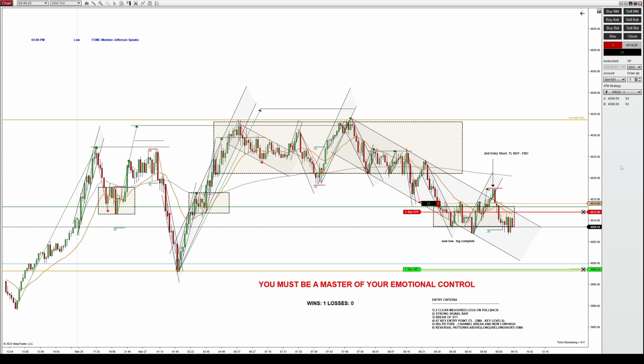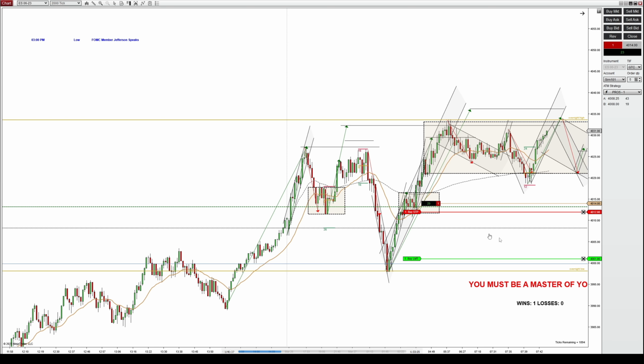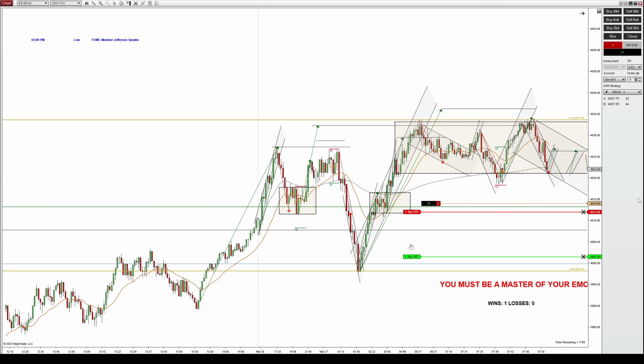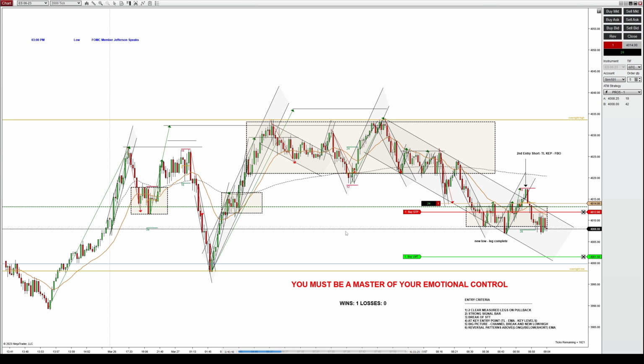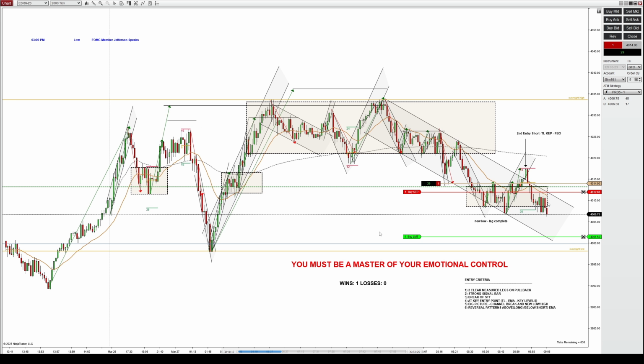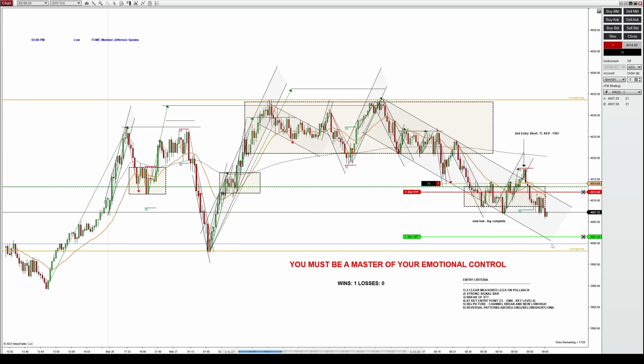Usually when I manage runners, a really good way of doing it is waiting for a small two-legged pullback swing, and then moving your stop 1 tick above that highest pivot point. Like here it's kind of hard to see, but you can see there's the first pullback. If we go here, it's a little tight, but you can say that's a two-legged pullback right there. So 1 tick above the top of that candle is a good spot to